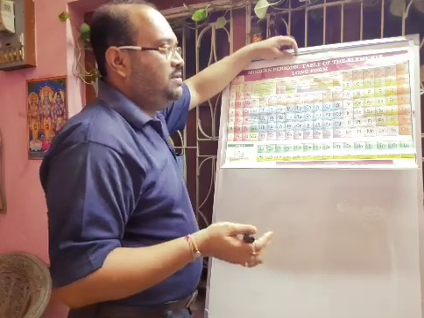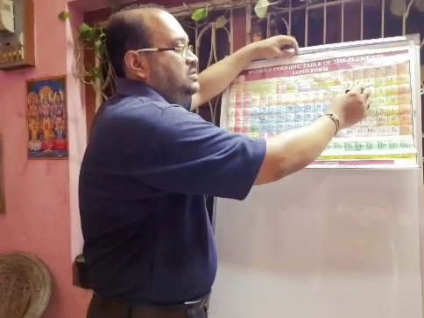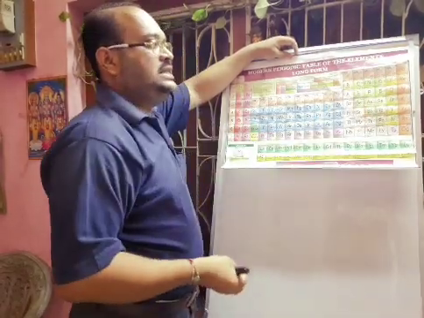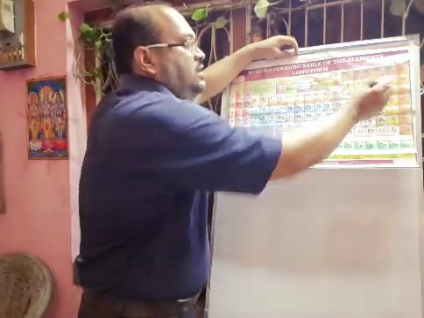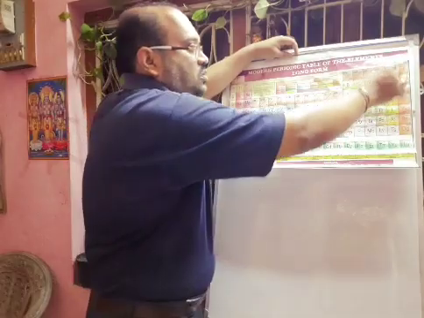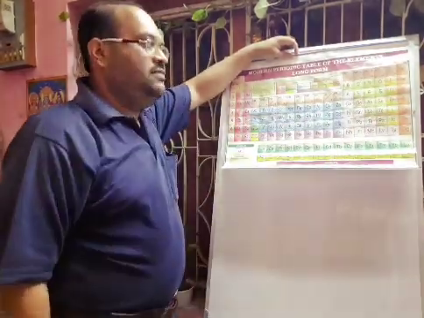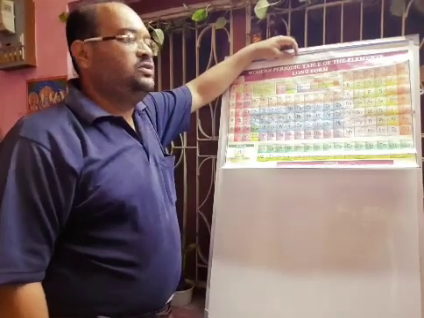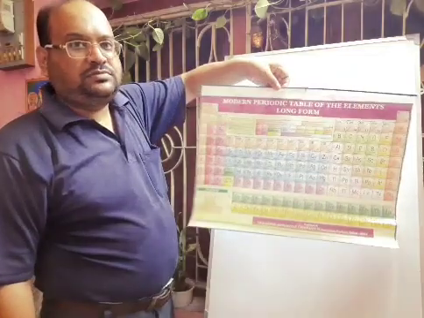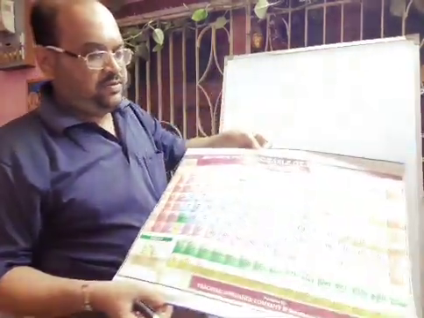So here you have to remember that valency will be 8 minus 5, that means here valency will be 3. And in case of oxygen it will be 8 minus 6, it will be 2. In case of fluorine it will be 8 minus 7, that will be 1. And in case of the noble gases, that means helium, neon, argon, krypton, xenon, radon, they are not generally forming bonds, and so their valency will be 0. Hope you can understand. Here you see properly.